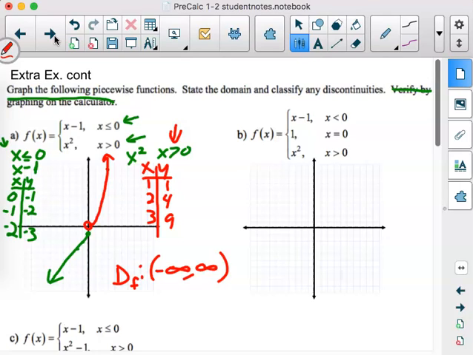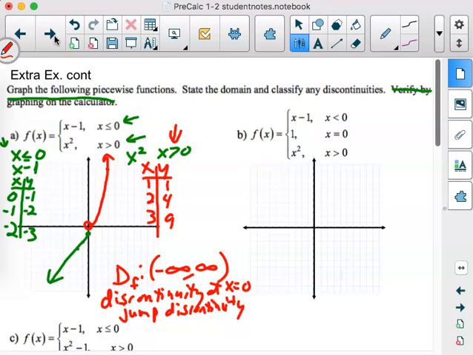Now, classify any discontinuities. Yeah, something at x equals 0 is going on there. Oh, that's a jump discontinuity. So discontinuity at x equals 0, and it is a jump discontinuity. I'm not real good at writing below myself, am I? All right, now,